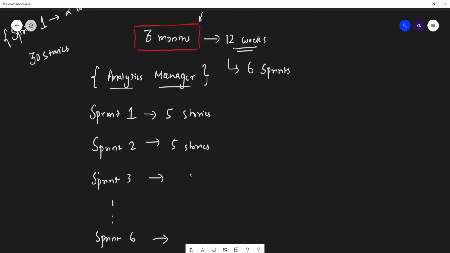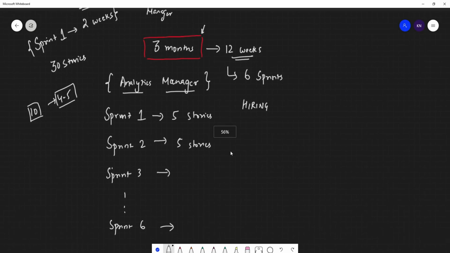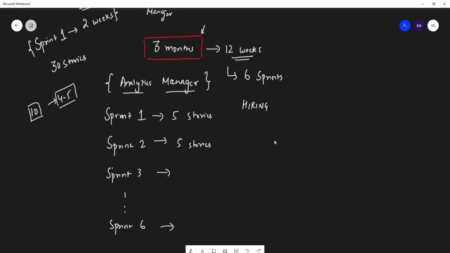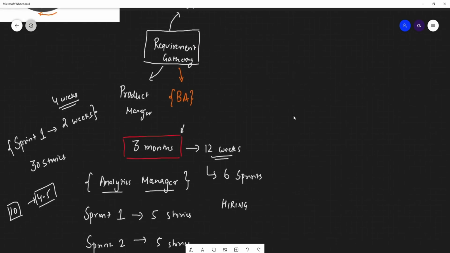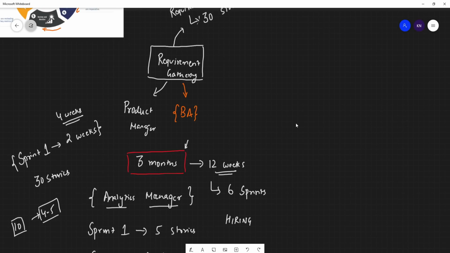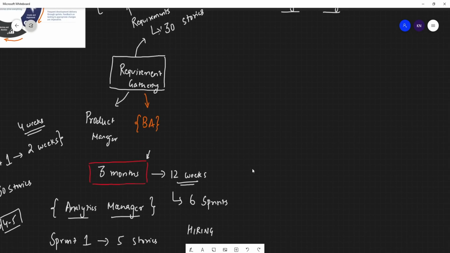And based on this timeline, usually hiring is also done. Hiring of the people is also done, because just imagine if in sprint 1 there are 10 stories, then obviously it cannot be completed by just 2 or 3 developers, right? They need to hire around 4 to 5 developers, and they will be involving many people in order to solve this. That is how the entire team is decided by the analytics manager along with discussion with the product manager, and based on that the costing will also be given to the client company, on a per hour basis and all, right? So this is the good idea where we are talking about how a sprint is decided. Now let's see.